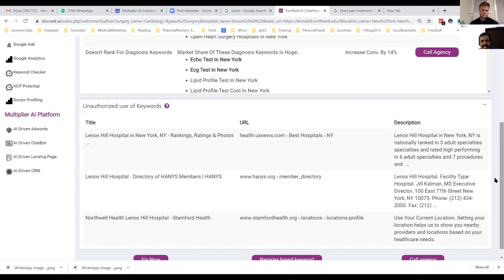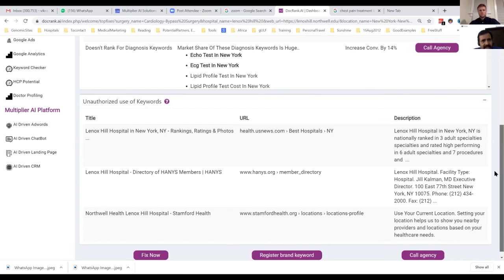What this does is find who are the people or sites that are not your core site, where your brand name and probably your clinician names have been used. Very useful for doctors. Pretty much every doctor we run it for comes up and says, I never authorized these people to get leads in my name. This is one of probably the world's only solutions to get this fixed automatically.